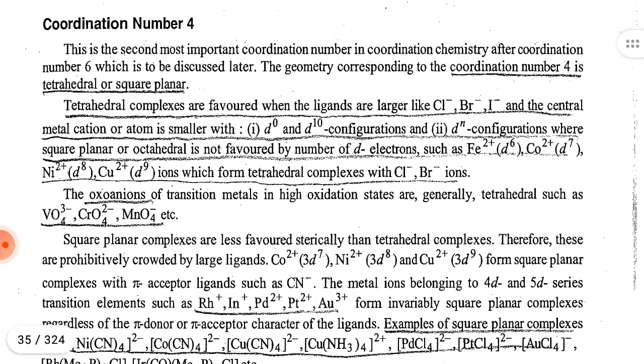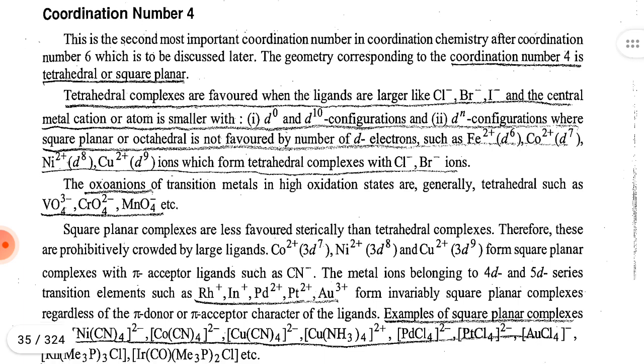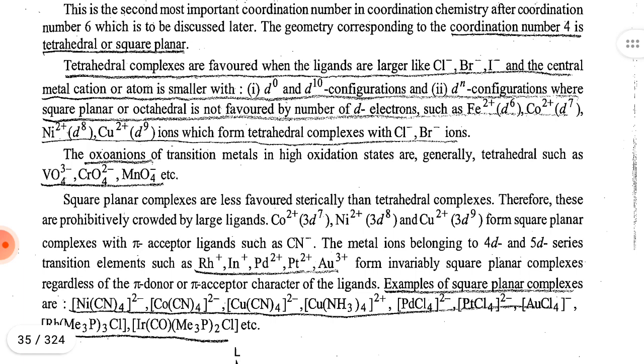Square planar complexes are less favored sterically than tetrahedral. Therefore, these are prohibitively crowded by larger ligands. Co2+ 3d7, Ni2+ 3d8, Cu2+ 3d9 form square planar complexes with pi acceptor ligands such as CN⁻. The metal ions belonging to 4d and 5d series transition elements, such as Rh+, Ir+, Pd2+, Pt2+, Au3+, invariably form square planar complexes regardless of the pi donor or pi acceptor character of the ligand. Examples of square planar complexes are Ni(CN)4 2-, Cu(CN)4 2-, Cu(NH3)4 2+, PdCl4 2-, PtCl4 2-, AuCl4⁻,